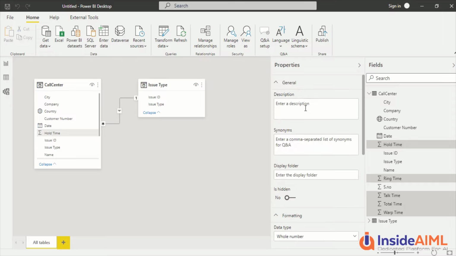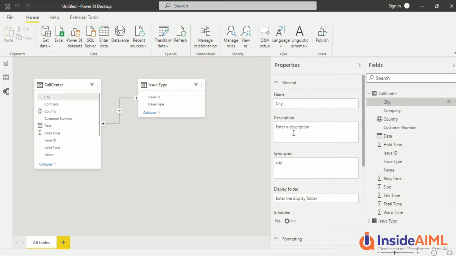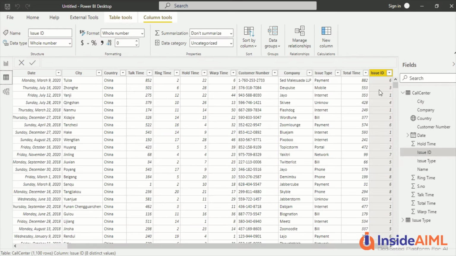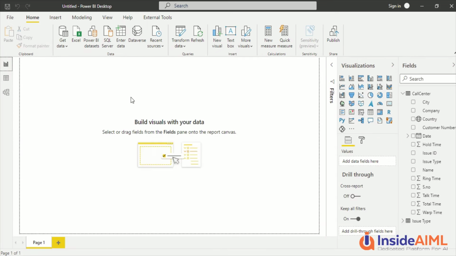So this is the place where you can write a common description. Now remember one thing, this description is right now not available on the visual. It is sometimes going to be available in the visual. Like if I write city is city name, I can do it here. And once I come out, if I go here, I'll see city name here. And if I go to this tab also, I'll see city name here. Let's see in this tab, I still see city name. But when we clear the visuals, you will see we will not be able to see that there.